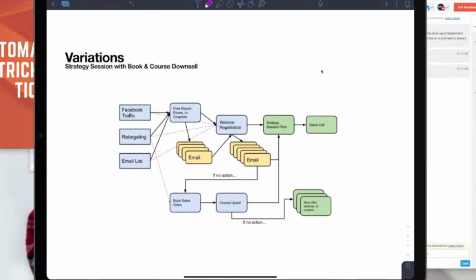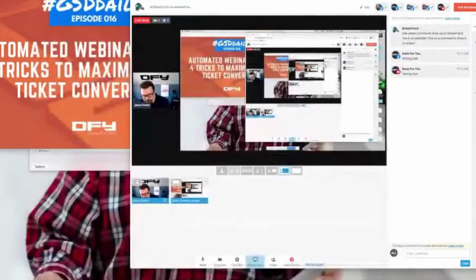But basically it is, let me go back to yellow here. So we have our paid traffic up front. We go into a free report, webinar registration, all the same. The strategy session pitch is the pitch. You peel off your buyers, your clients, from that strategy session. But those who don't schedule, they don't want the help, they don't want the coaching, they don't want the consulting, whatever. Then what we do is we send them into a